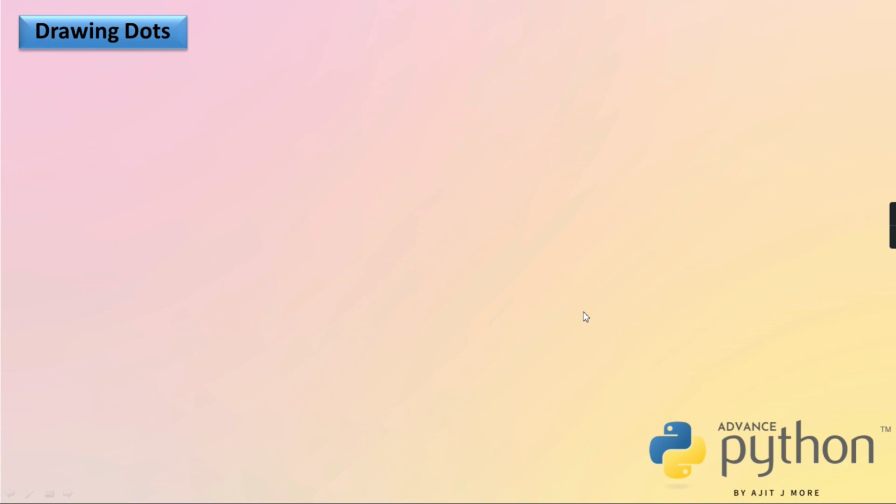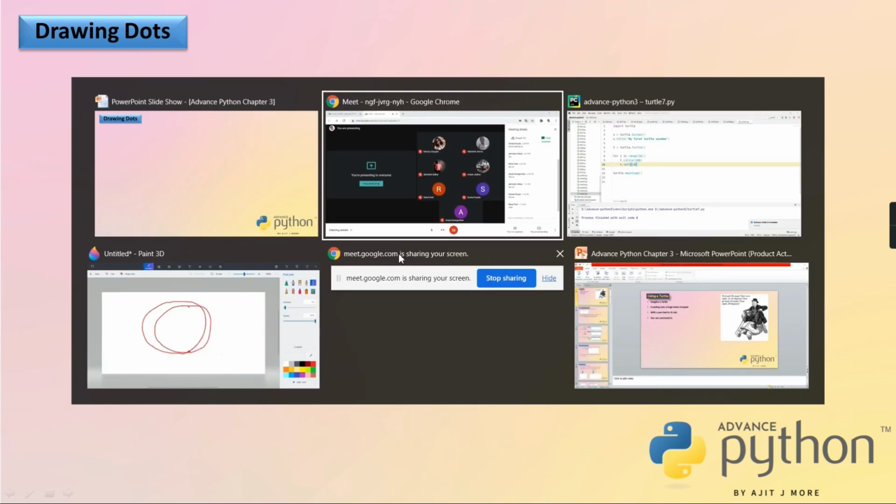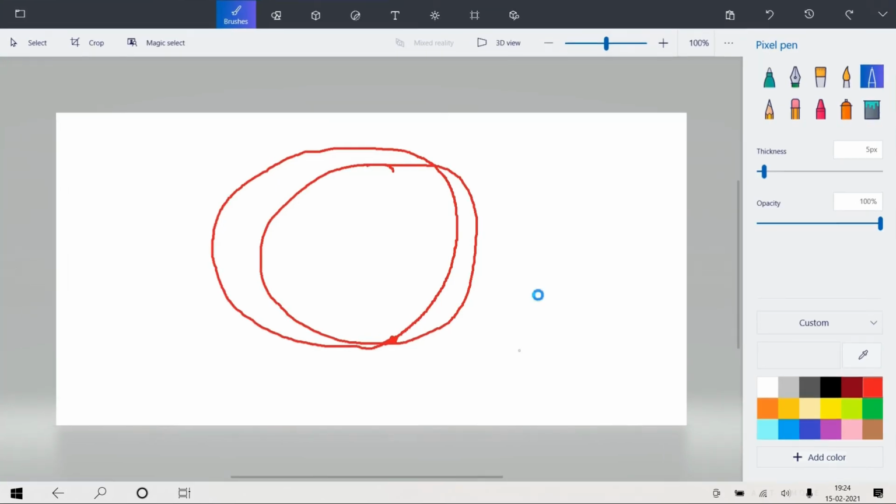Then you can only draw dots as well. Imagine it like this: at a fixed distance, the turtle is laying eggs. Laying egg means you got it, no? So the turtle is going ahead, laying one egg. Again goes ahead, laying one egg. So wherever it is laying one egg, there you can see as if a dot is produced.